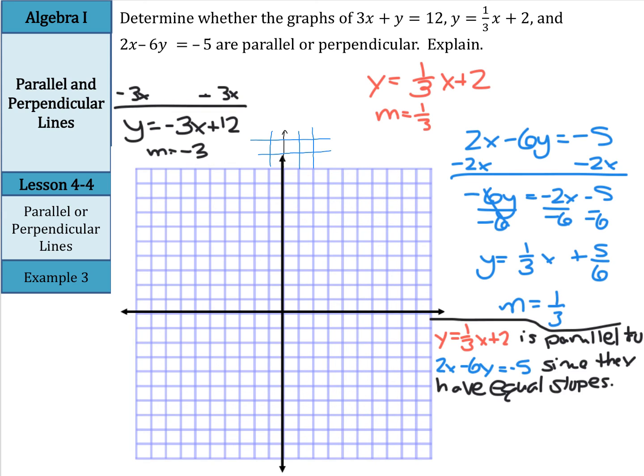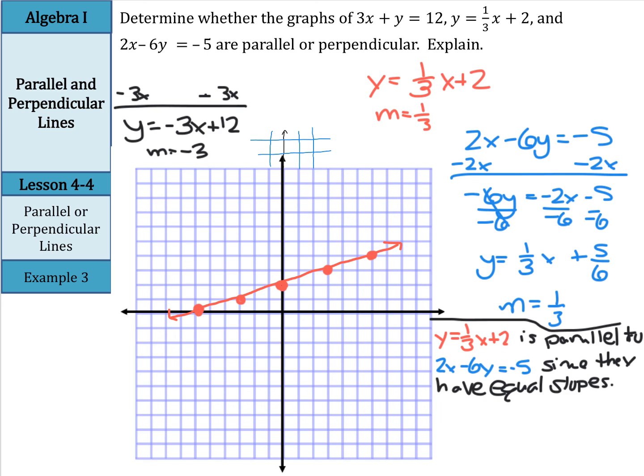We can say y equals 1/3 x plus 2 is parallel to 2x minus 6y equals negative 5 since they have equal slopes. And as we graph y equals 1/3 x plus 2, we have a y-intercept of 2, up 1 over 3, up 1 over 3. Of course, we could also go down 1 and over 3, and then down 1 and over 3 again. And if we carefully draw this line in,